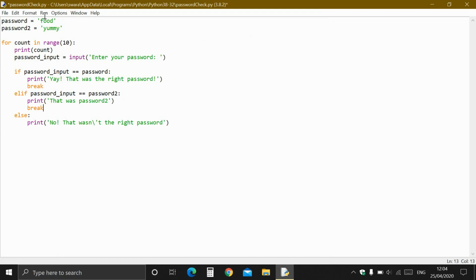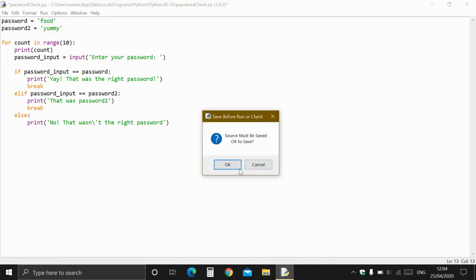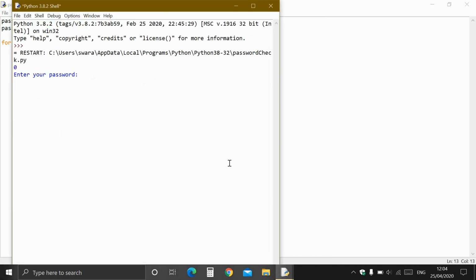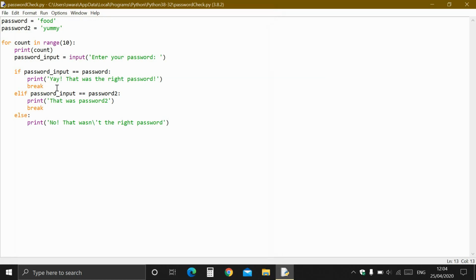So if I add break here, I am sorry, I forgot that. So I've added break. So if I do some random stuff like that, and now if I type in yummy, it's gonna say that was password 2 and it's gonna break. So this is better,